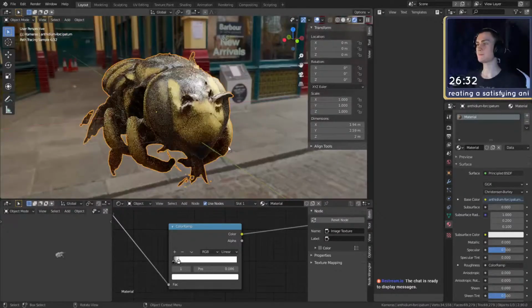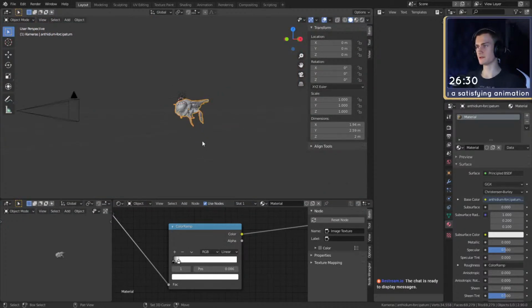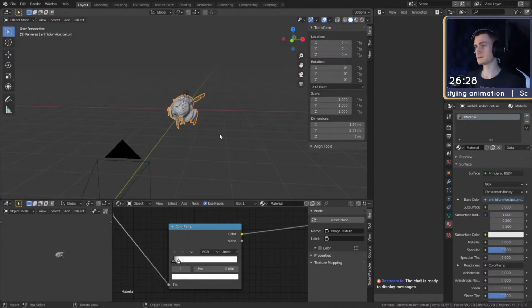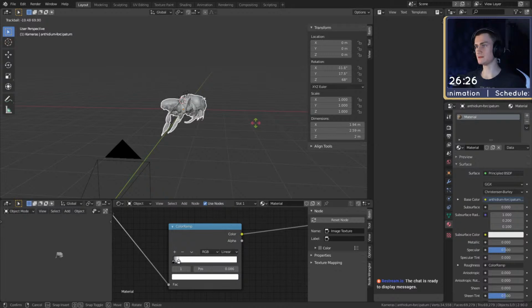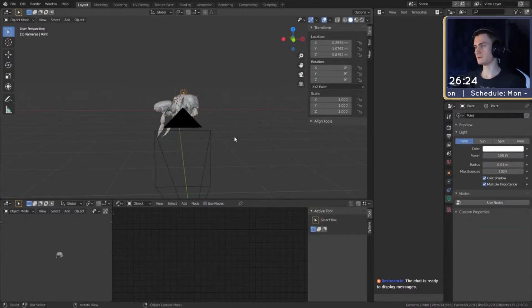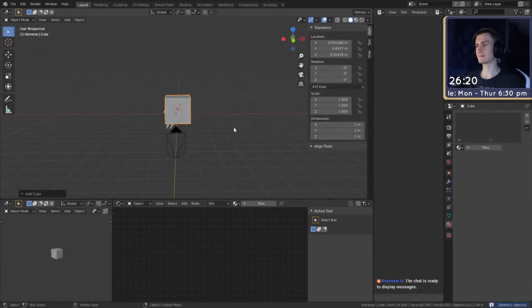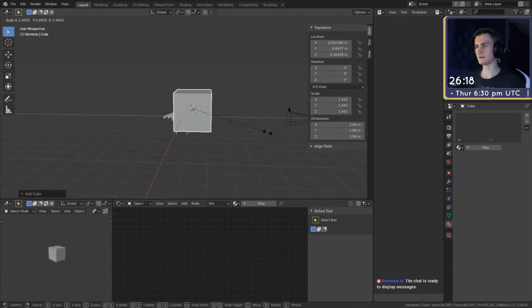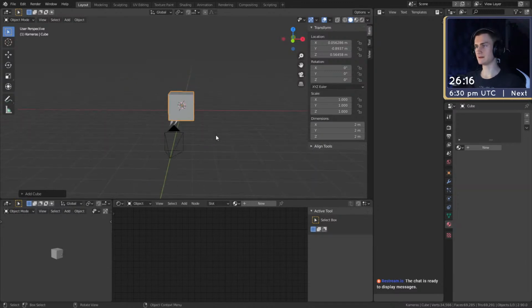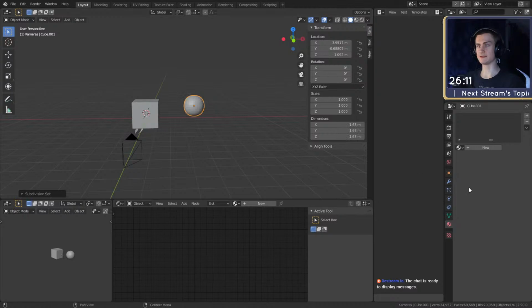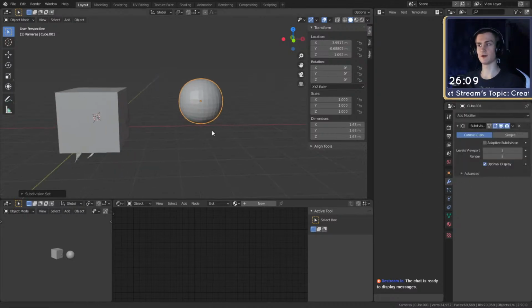Okay. What I wanted to do originally though is something else. What I want to do with this is rotate this to the side, maybe something like this. Okay, we don't need this light anymore. What we need though is a cube. We put that over here. And what we need now is another cube. We apply a subdivision modifier on it.